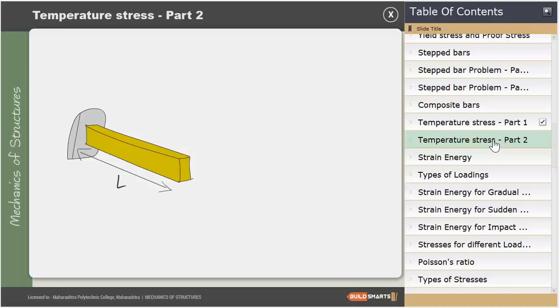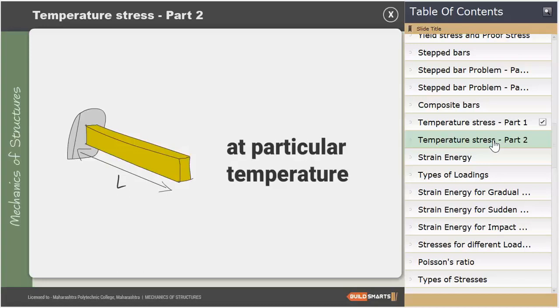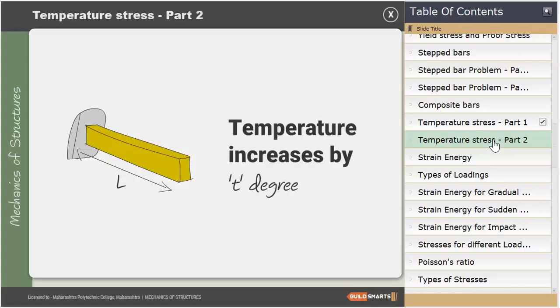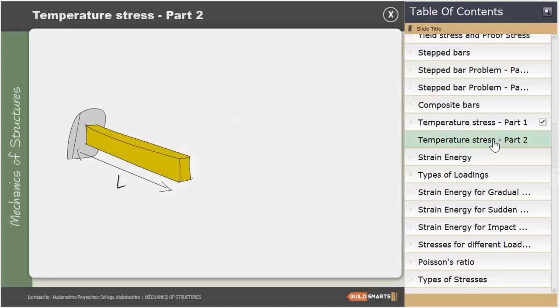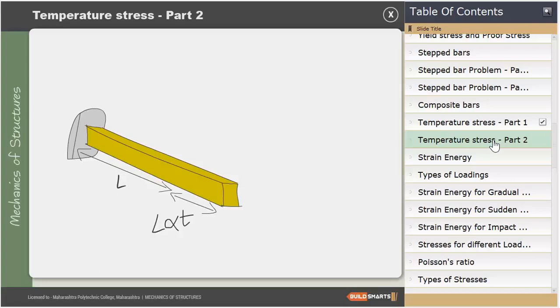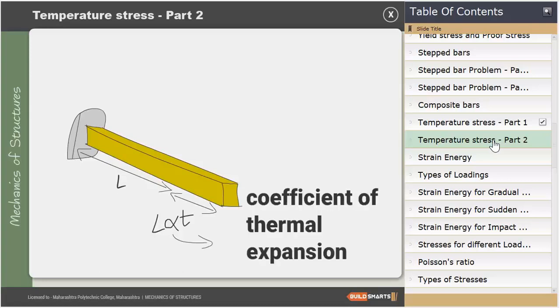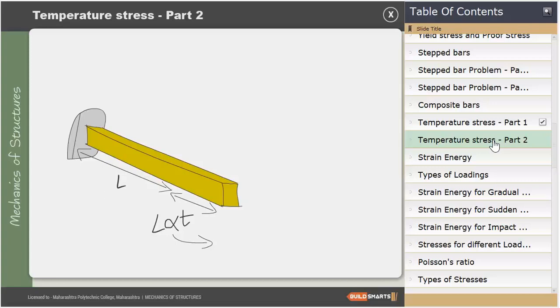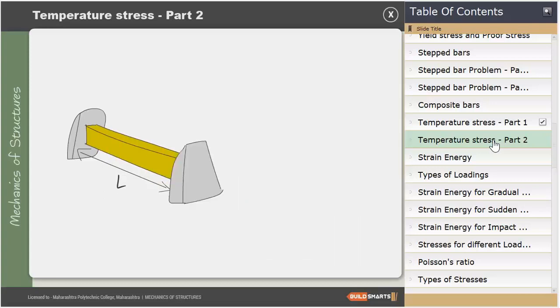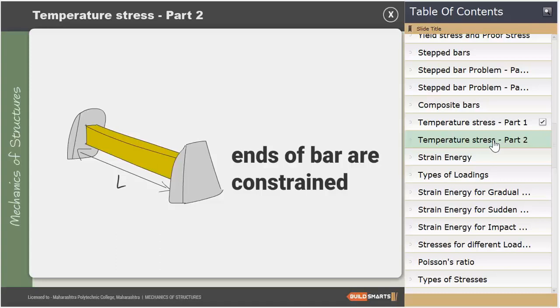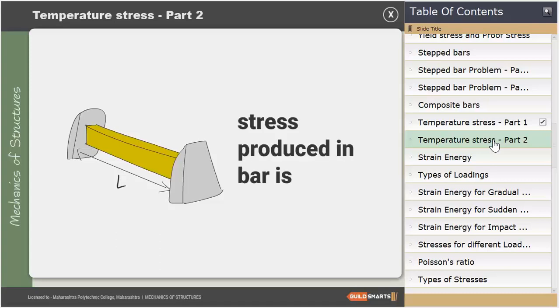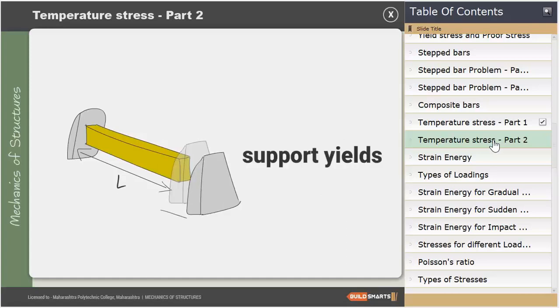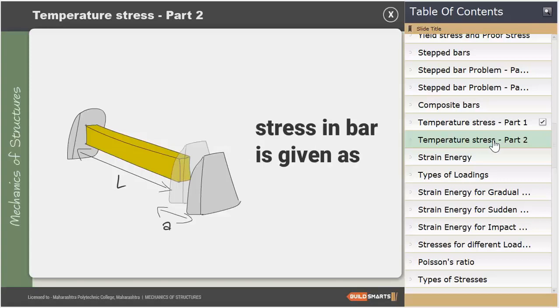Let the length of the bar be L, at a particular temperature. Then if the temperature increases by T degrees, the bar length increases by this much amount. Here, alpha is called the coefficient of thermal expansion, and it depends on the material. If the ends of the bar are constrained, then the stress produced in the bar is given by this formula. In case the support yields by an amount A, then the stress produced in the bar is given as